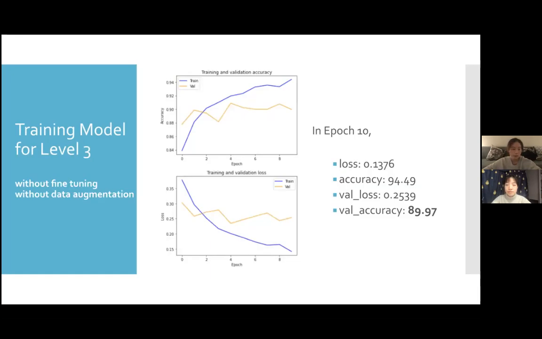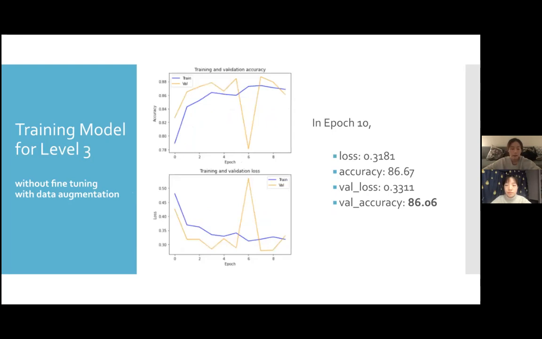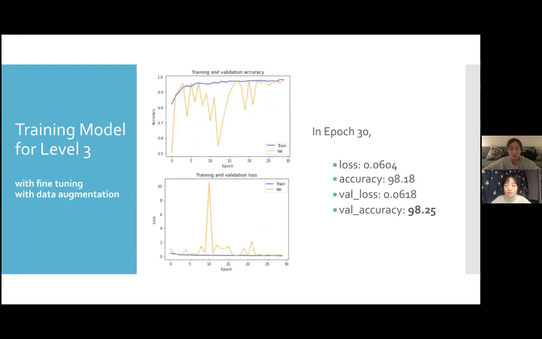Similarly, we apply the 3 models again. So the first is the basic one, and its corresponding validation accuracy is around 89%. After we apply data augmentation to it, our validation accuracy is still about the same, not so much improvement. And then after we add the fine tuning to it, we are surprised to see that the validation accuracy